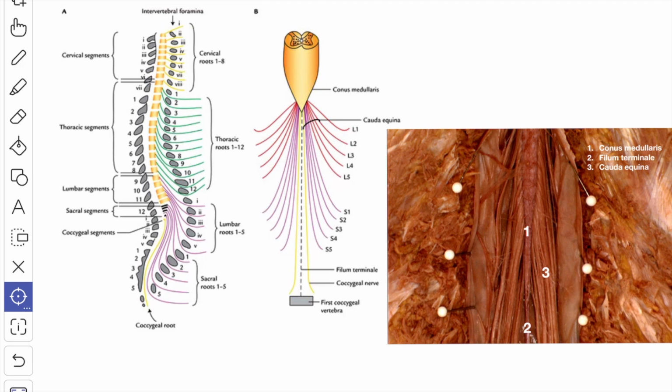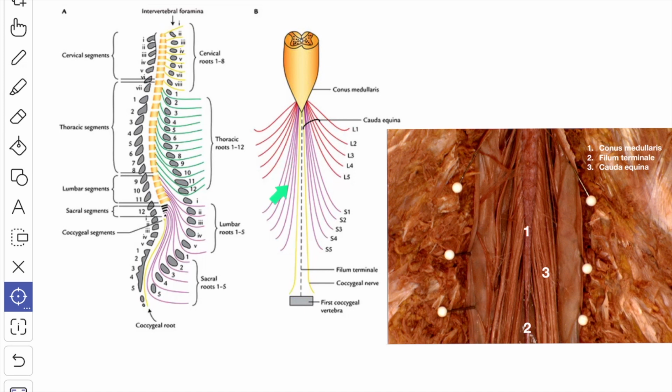Next we'll see about the cauda equina. Since the spinal cord is shorter than the vertebral column, the length and the obliquity of the spinal nerve increase progressively from above downwards, so that the spinal nerve emerges through the corresponding intervertebral foramina. As a result, the nerve roots of the lumbar, except the first one, and the sacral and the coccygeal nerves form from the caudal part of the spinal cord, that is the conus medullaris.